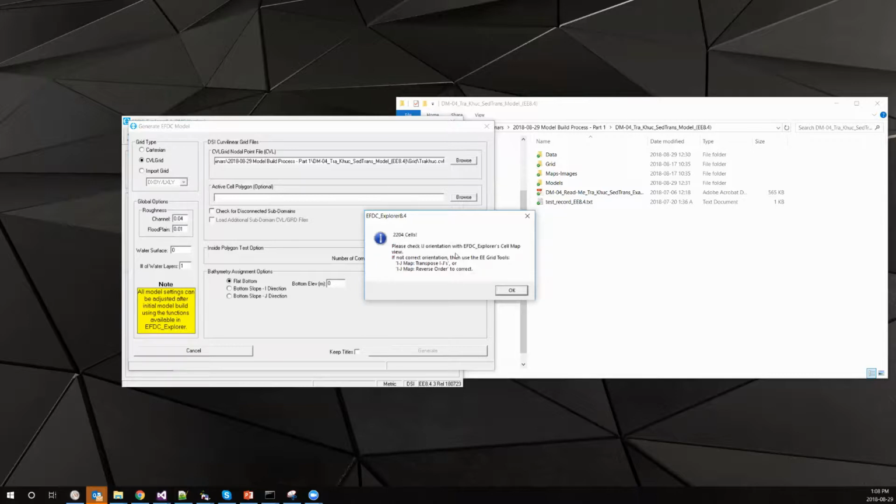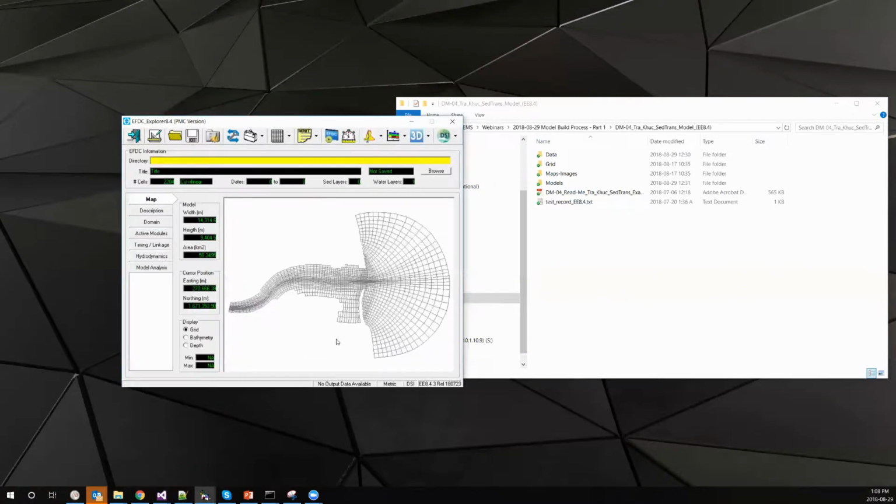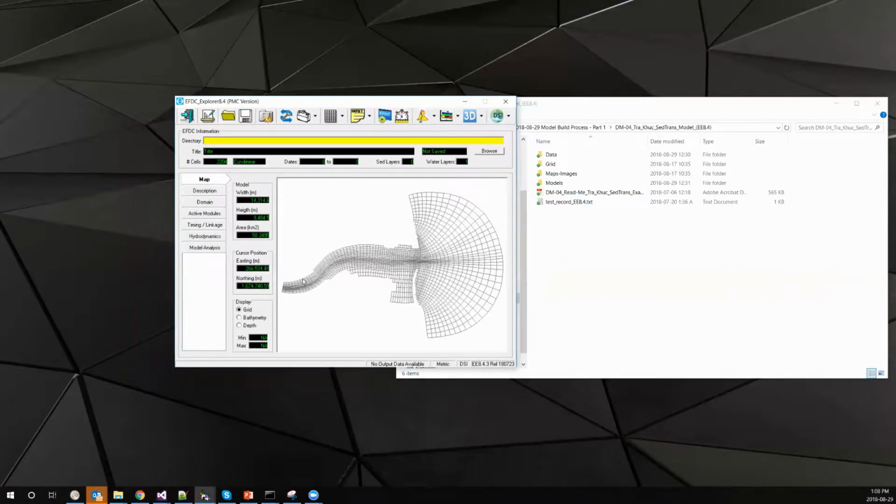cells. This note here is just simply this because there are some very complex grids out there where you have a lot of very tortuous water bodies, and sometimes it gets a little confusing as to what is the I and the J basis, and this is just reminding the user to check it, make sure that it makes sense, and if it doesn't, then you have some tools here to adjust your I and J map in the EFDC model. But with this said, hit OK, and you can see here that the model has been generated, and we